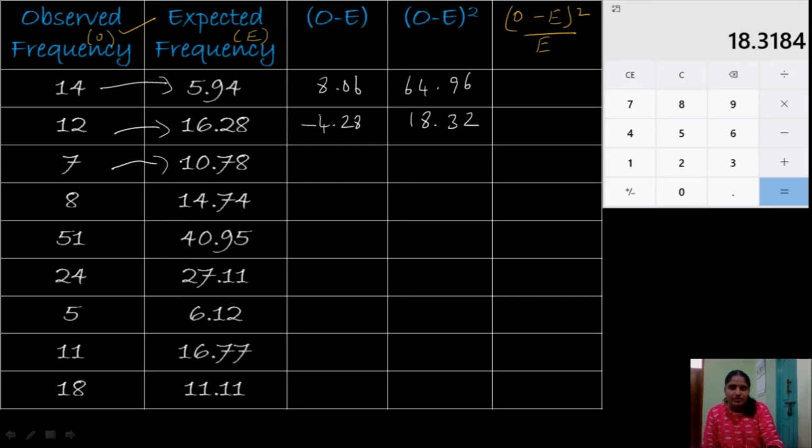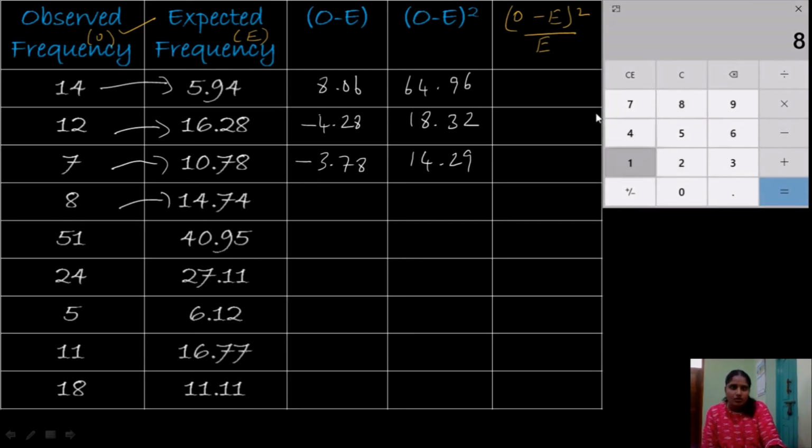Next, I have to subtract 7 minus 10.78. You get the value as minus 3.78, and by squaring this value, we get 3.78 square. We get 14.29. Since I am going to take only 2 decimal places, next 8 minus 14.74, we get minus 6.74. By squaring this value, we get